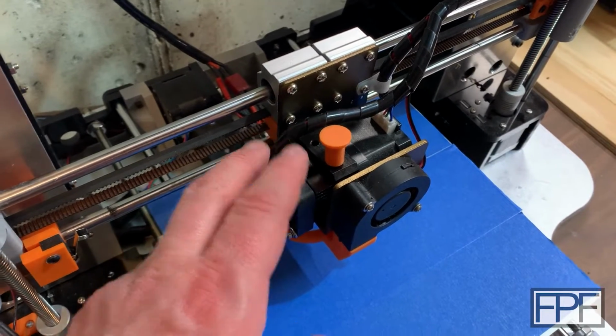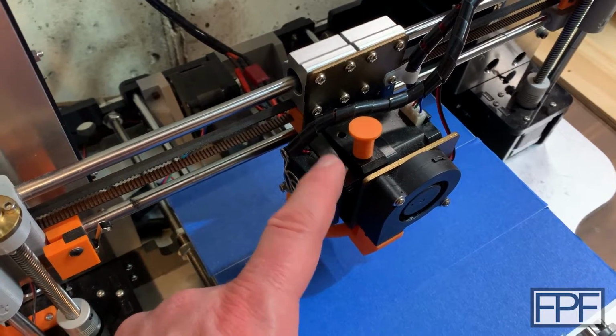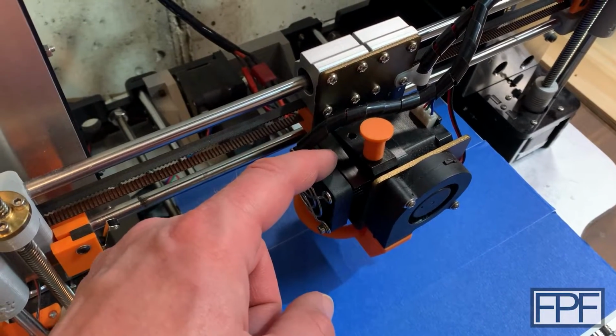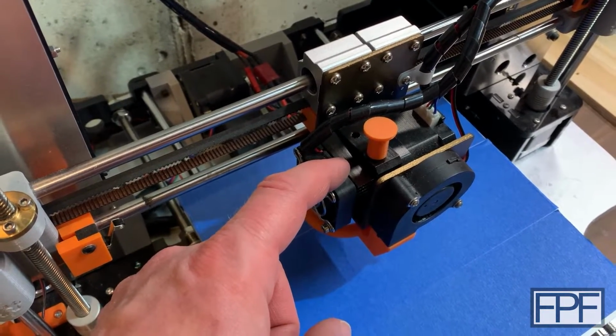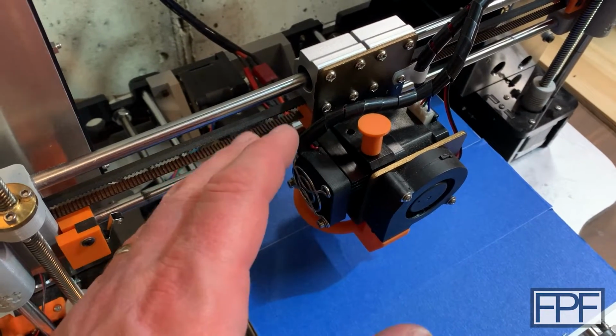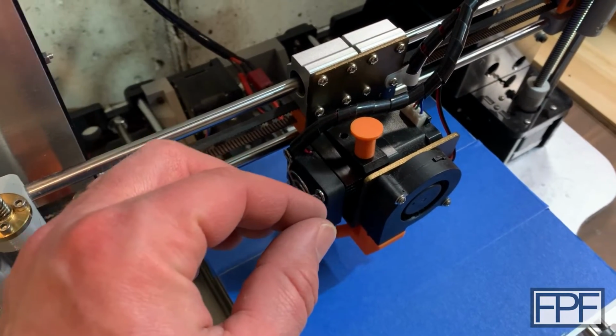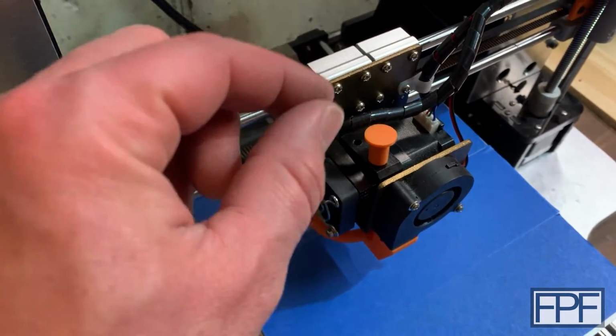A couple of the mods I want to talk about are up here on the extruder, and some of them we can see and some of them we cannot see. Inside here, the filament path through this extruder is not very good. It's wide open in places, and it's very much an acquired skill to change the filament on these printers. You've got to get the end of the filament pretty straight, a nice sharp cut on it, and feed almost